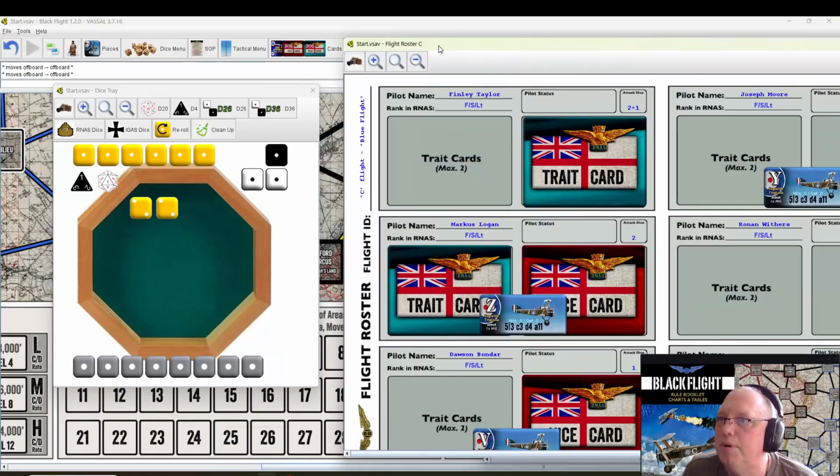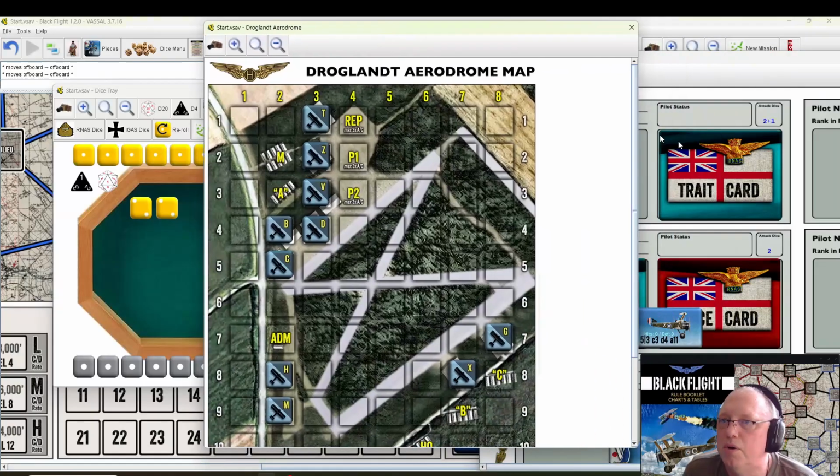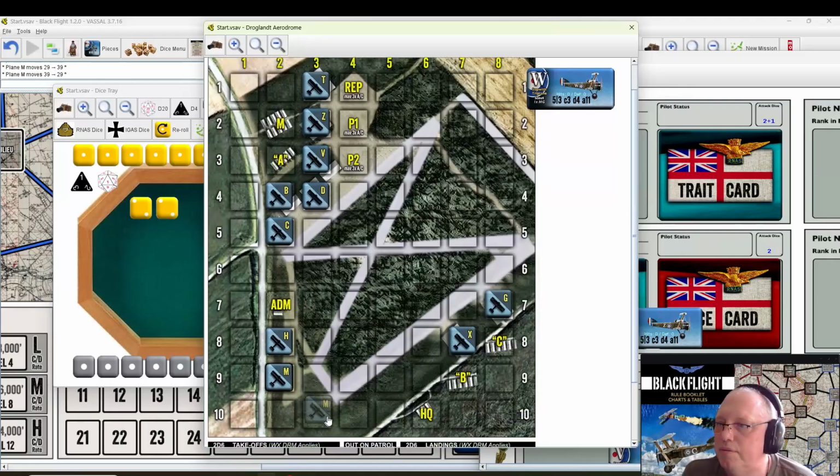I'm going to take and put them in the squat on the aerodrome so I don't mix it up. And I did that again. I have that already out, and I lost it. Lost it a long time ago. We'll put that right there. That's them too. So we're going to grab M. Fortunately, I had that in a hangar. I don't have to...